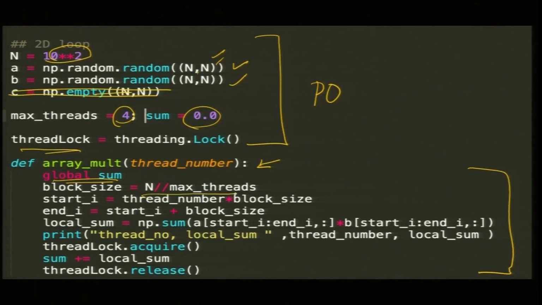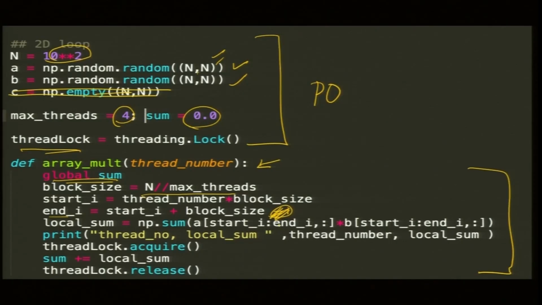So, block size is n integer division by max threads, then start index and end index. By the way, in my last program, last class, I had made an error. There was a -1 put in there, which is wrong. I corrected it in the Colab, but your PPT has this -1, which you should remove. I had put I star block size, process number plus 1 star block size -1. So, the -1 should not be there. Why? Because in a range, the last index is the last number -1. That was a mistake I had made.